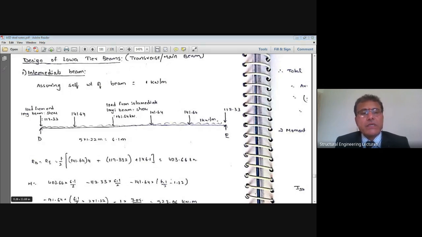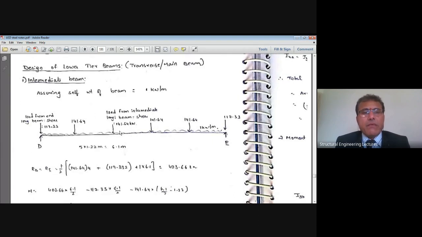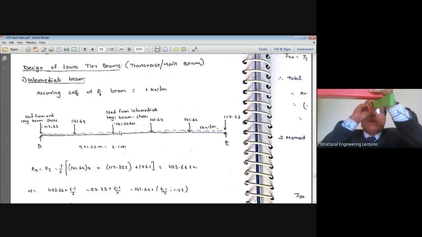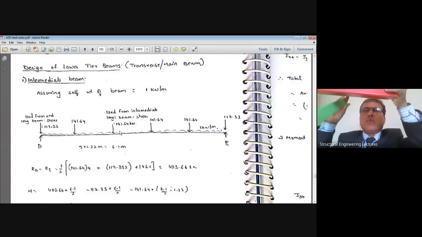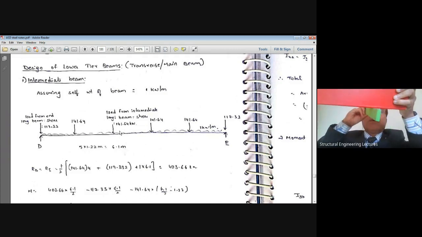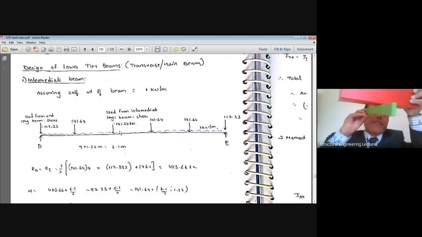Then once I do this, now I'll do the analysis in a similar fashion to what you have done in the previous case, right? Now I'll take the intermediate beams, whereas that of the low tier has only three main beams, like this, which are resting on six columns. There are only one at the two exterior parts, one at the interior. Therefore, one, two, three, only three. Therefore, I'll take intermediate beam, this beam.